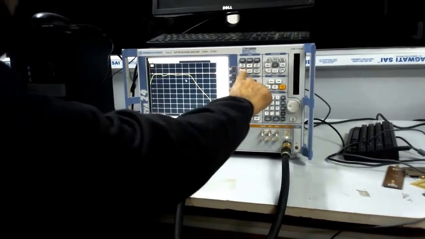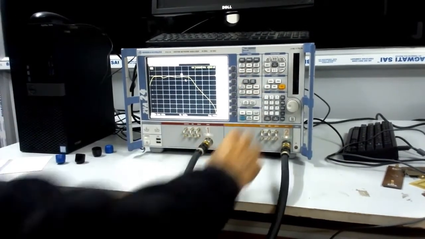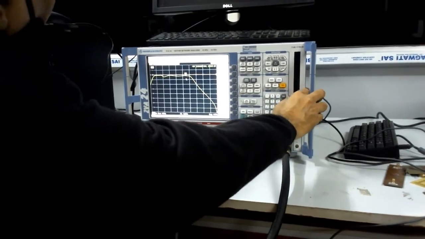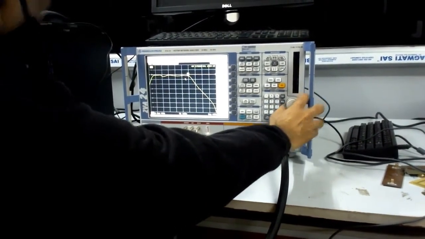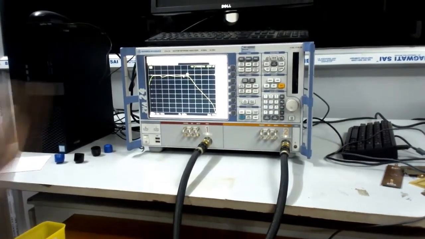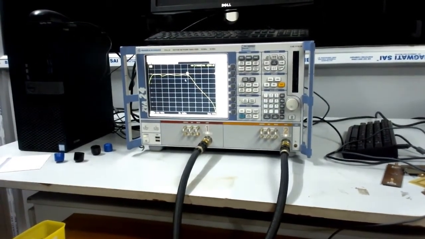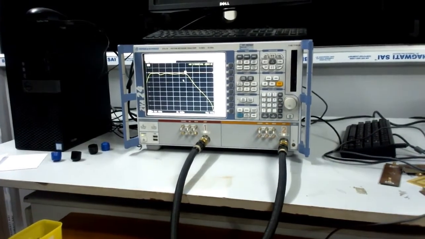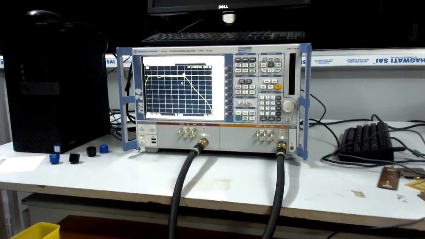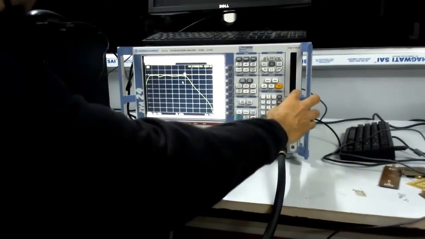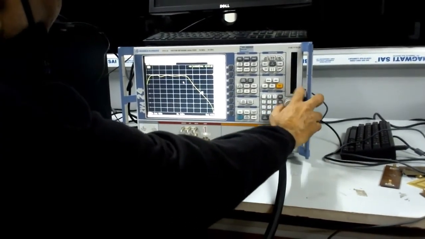So let us set the marker here. This is the marker. So from here onwards it has started to attenuate. So that way we can place markers as much as we need. We can also move the marker like this.